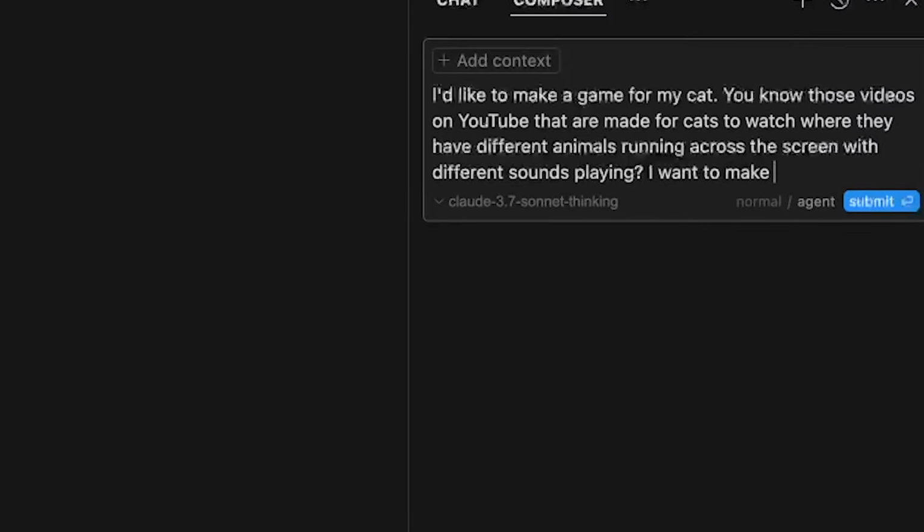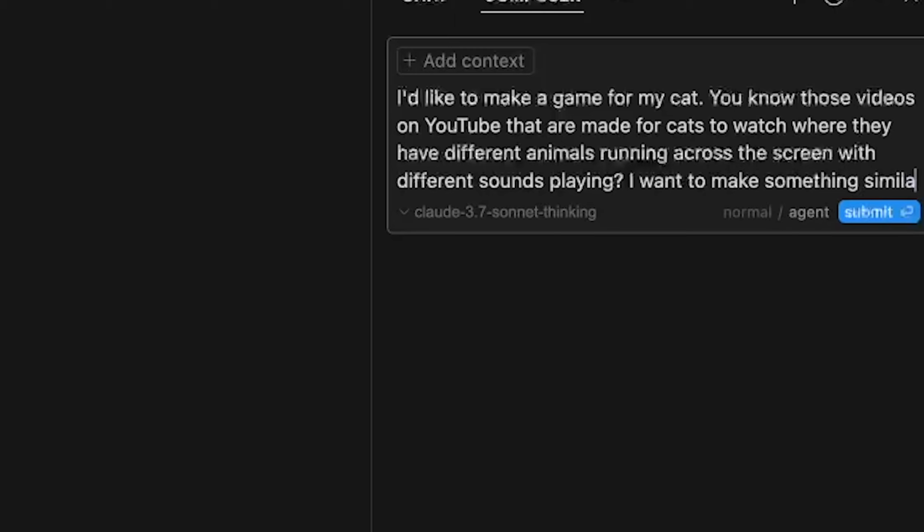In true vibe coding fashion, I opened up Cursor and told my AI coding agent what I wanted to make, and my assistant started writing code immediately. That was a big mistake. If there's one thing that's becoming increasingly clear to me the more I use Cursor or AI coding assistants in general, it's that you should not ignore the planning stage.